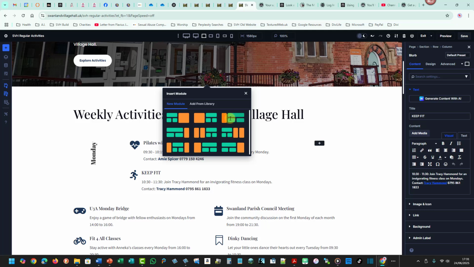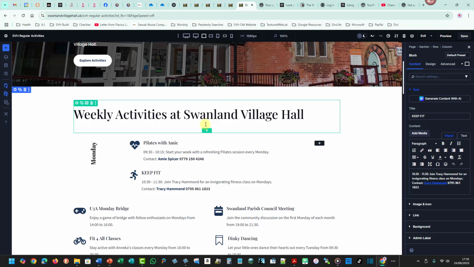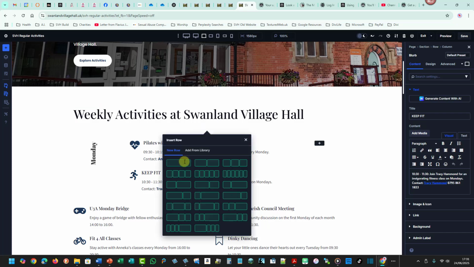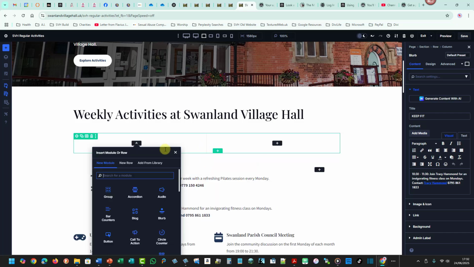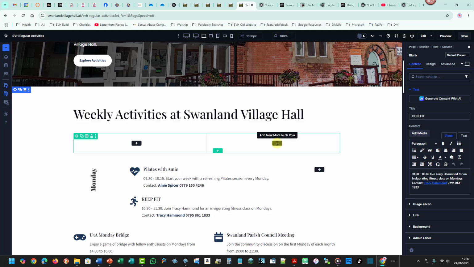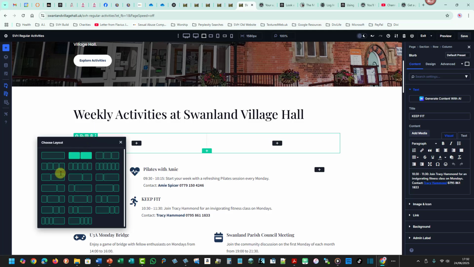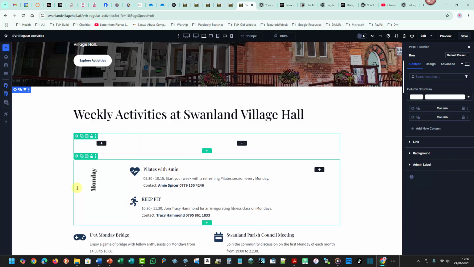That's what I really need here. Now, with me, I'm just going to experiment for a moment. Just give me a second. I'm going to add that in like that, and then I'm going to add... No, I'm going to change that. I'm going to change that to be like that. So I've now got a place for the Monday, and I'm going to add in a new module or